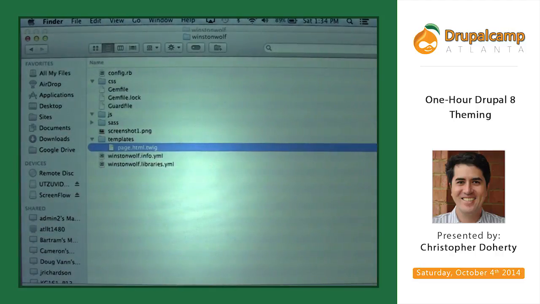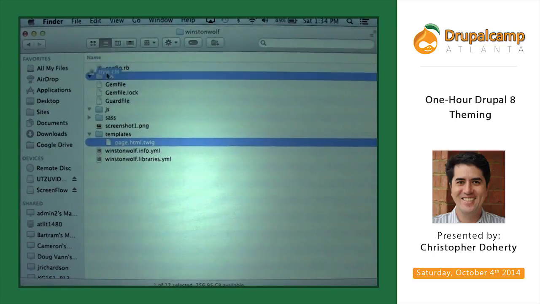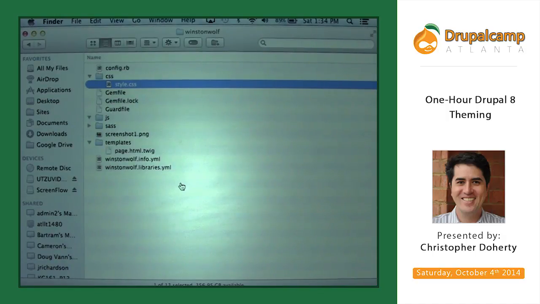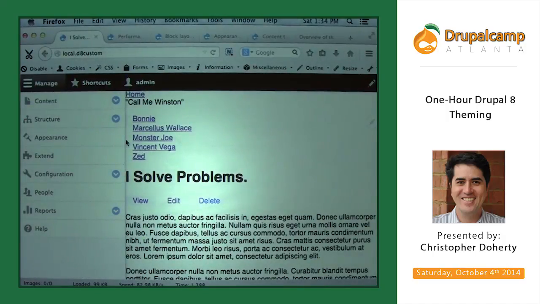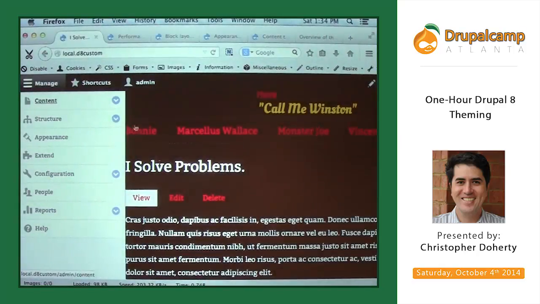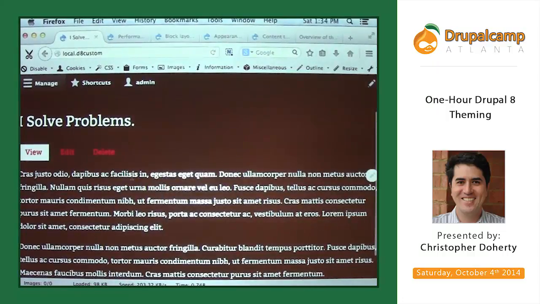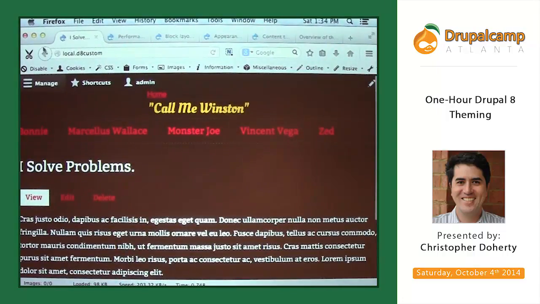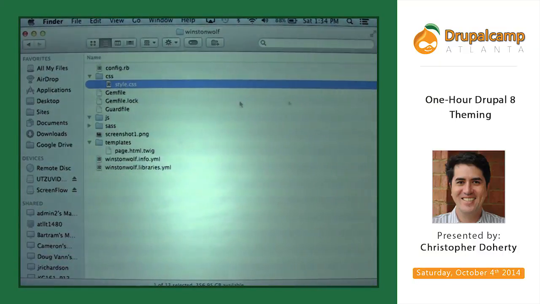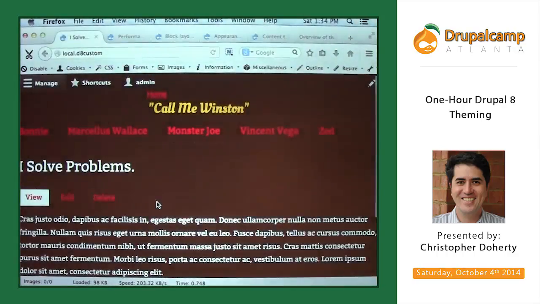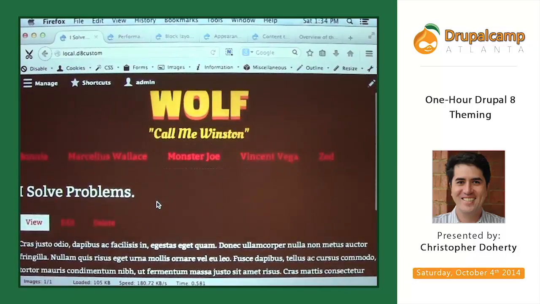So then I will add my CSS. I've already created the style, so I've got a CSS file here, and I'll just go ahead and update that. It's nothing exciting, but it looks like that. So we've got our page, we've got fonts, we've got the logo. Actually, the logo isn't showing up. I need to copy that over too. So I'm just going to put that in the root. And we've got our site.